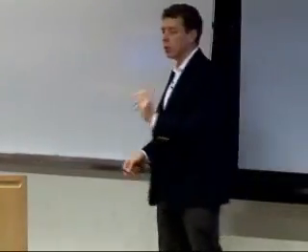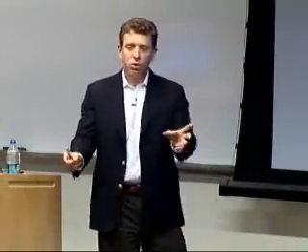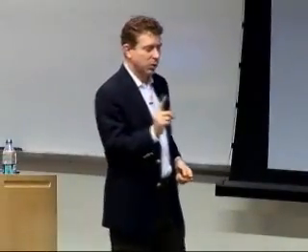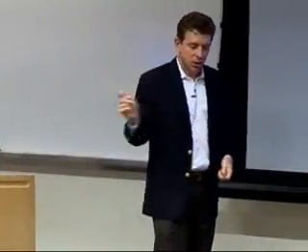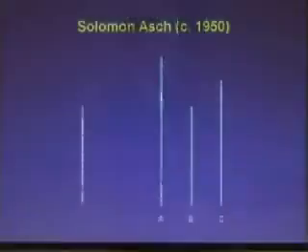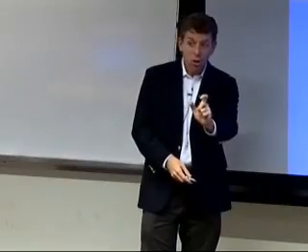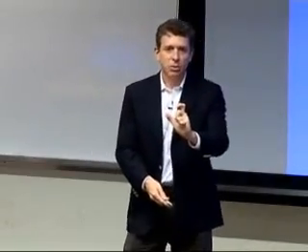The thing that he did, though, that was very interesting, was that in this room, let's say there would be about 10 people, 9 of them were Confederates. Everyone but one person was an actor playing a part. Asch would go around the room, and everyone but the real subject would give their answer, but they were all cued to give the wrong answer. Someone would say C. The next person would say C. And it would go right down the line until it got to the real subject, the only subject in the experiment, and then Asch would measure how often that person would go along with the group,